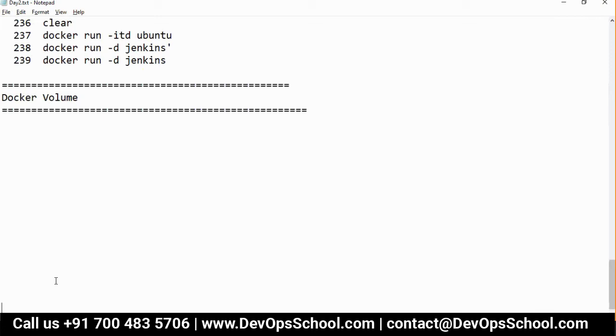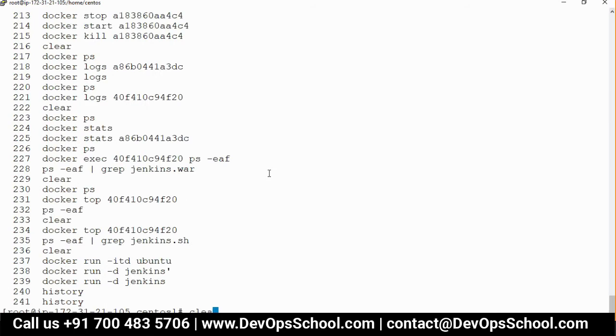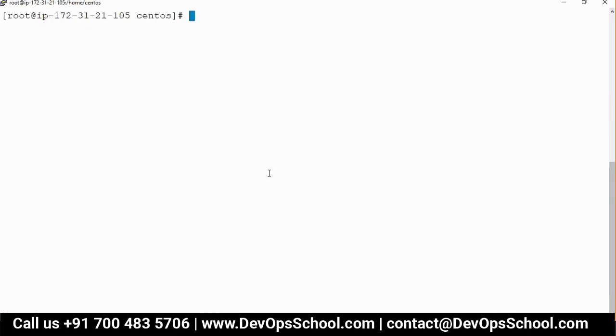It will help you a lot. Trust me on this. So what are Docker volumes? Containers are ephemeral. Ephemeral means once the container is created, data will be there, but the moment you remove the container, data will not be there.